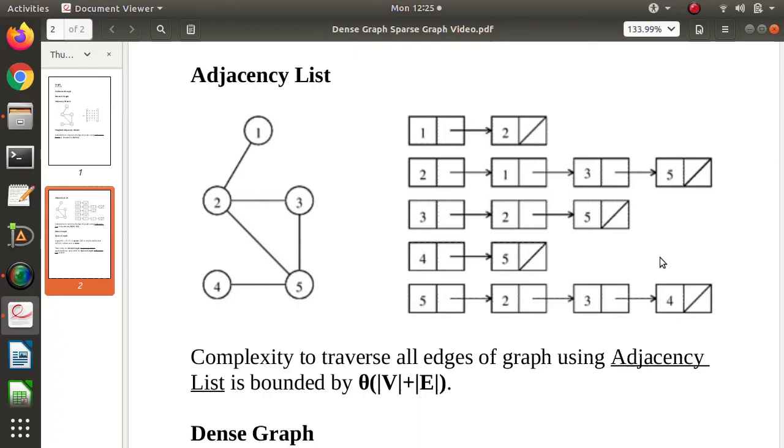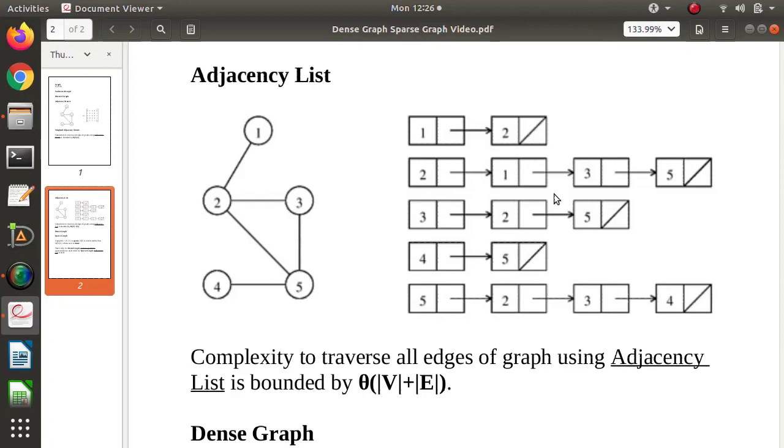But in this case, what is the advantage? All the processes will get equal work, the same work. But what is the disadvantage in this case? Here we have to break this linked list, and that is the extra time that we have to incur. To break that we require extra time, so that extra complexity will get added. So this is a disadvantage of this other approach.